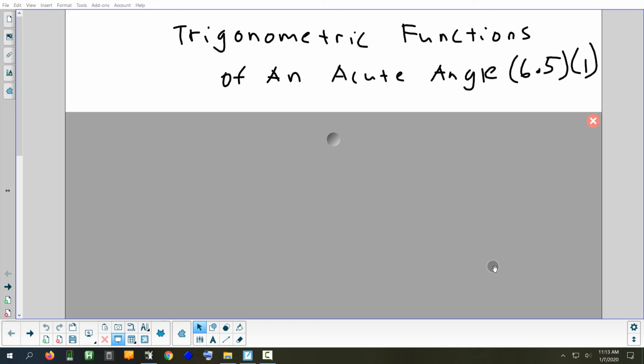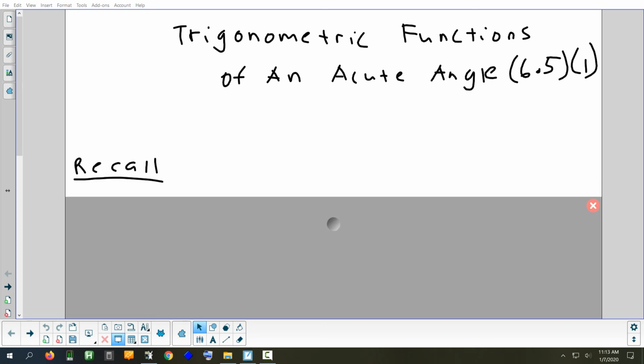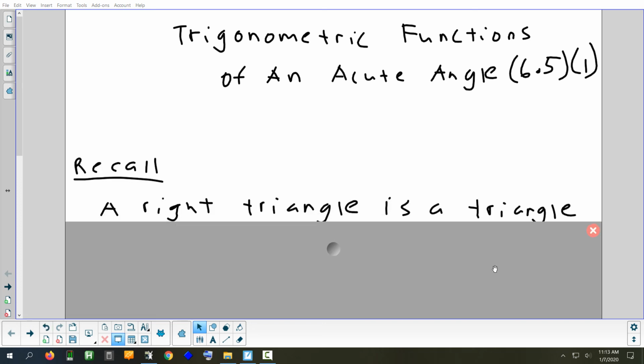So today we're going to start looking at what's called right triangle trig. You probably did a little bit of this in geometry last year. If you've studied opposite, adjacent, hypotenuse, that's what section 6.5 is all about. So first we're just going to review a little bit of stuff from geometry, starting with what a